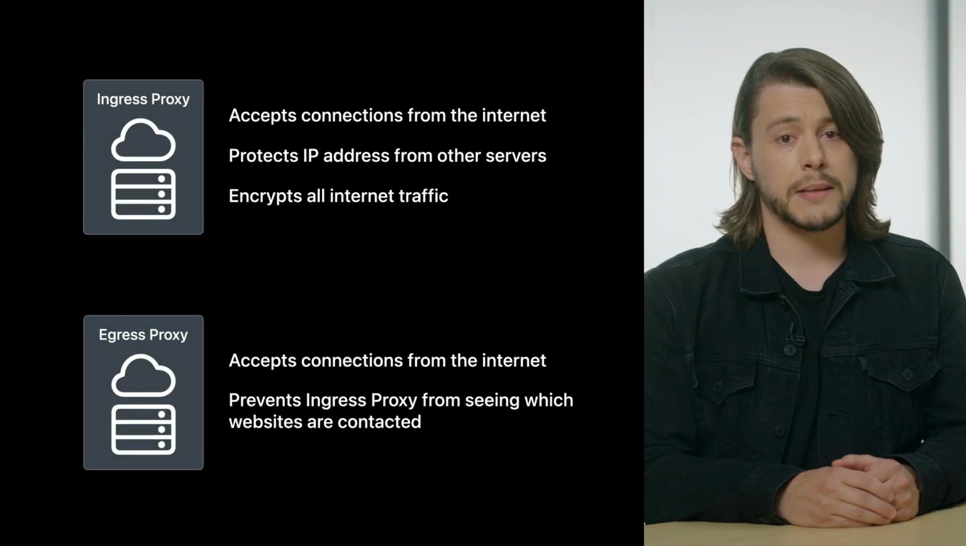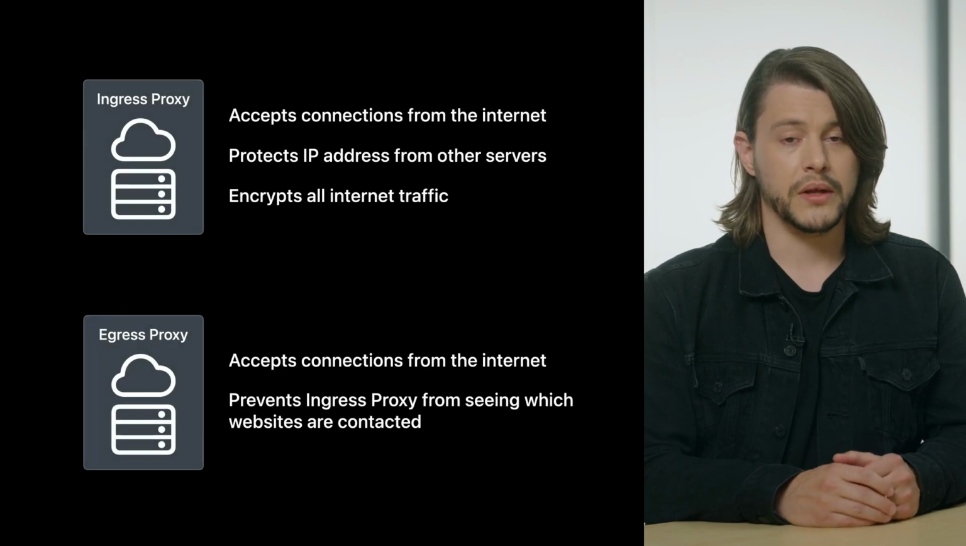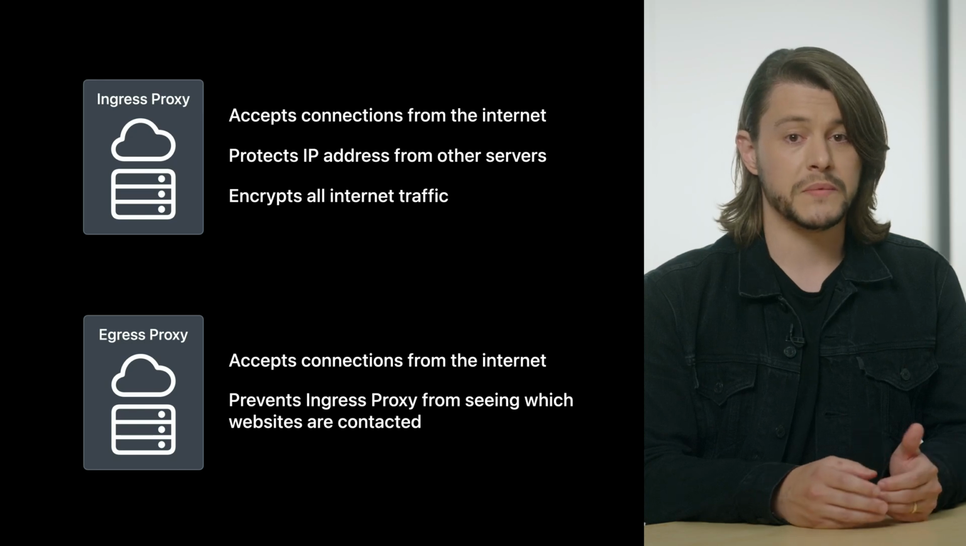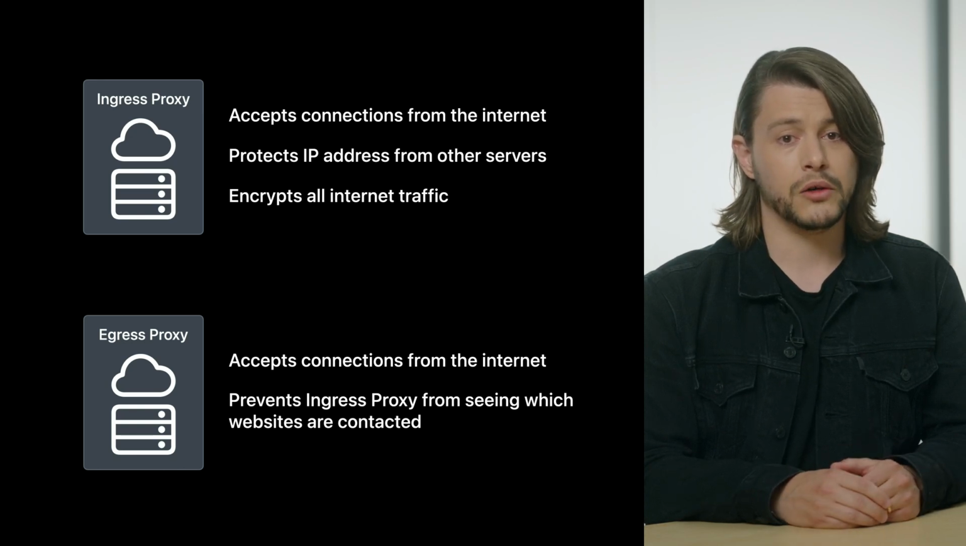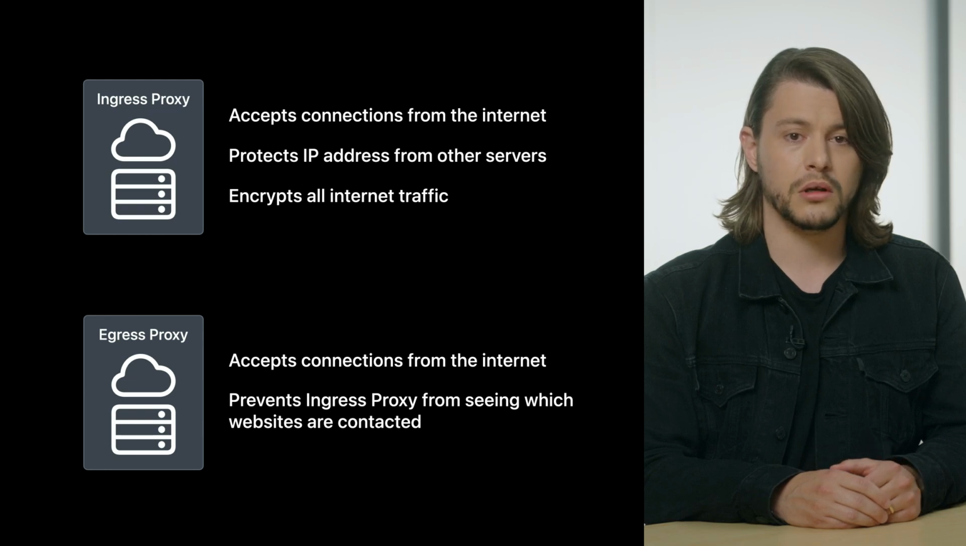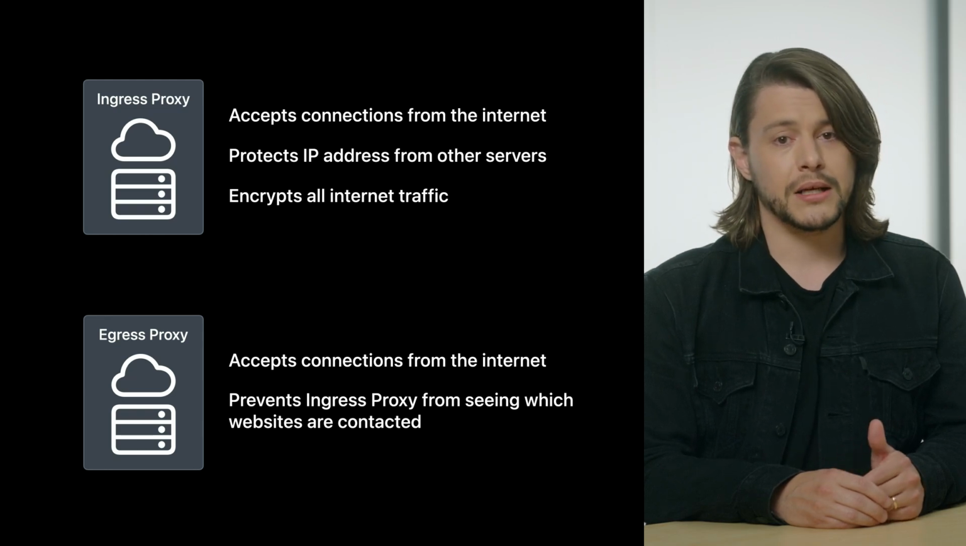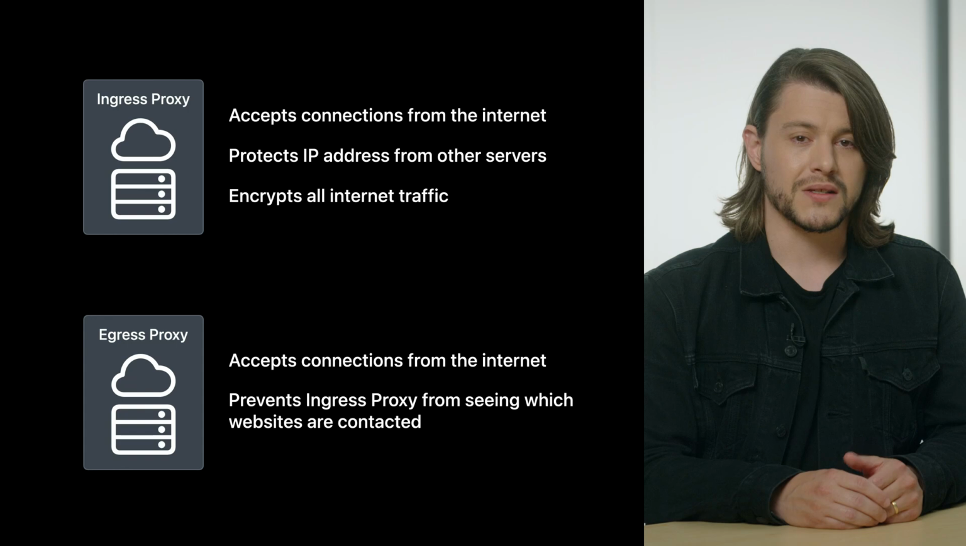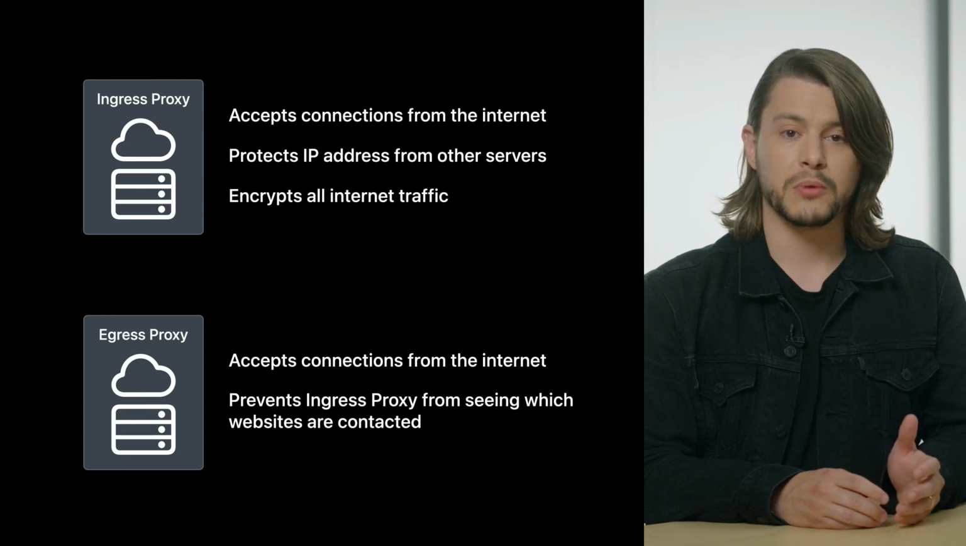The proxy that accepts my connection from the internet is called the ingress proxy. The ingress proxy prevents other servers from seeing my IP address and encrypts my internet traffic to prevent my network provider from knowing what I'm up to. The relay back to the internet is provided by the egress proxy, which prevents the ingress proxy from seeing what